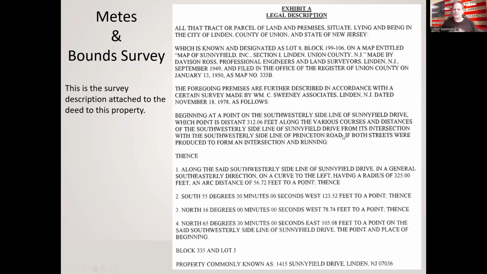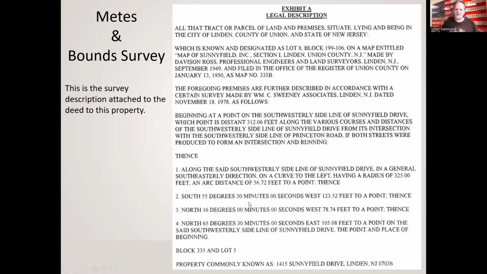So this is a big description just telling you where the point of beginning is, where they're going to start their measurement from on my particular property. So they give this long distance here, long instructions talking about how down the block is where they begin their measurement to get to the point of beginning of my property. So along the said southwesterly line of Sunnyfield Drive in a general southwesterly direction, on a curve to the left, having a radius of, in an arc to a point, the point of beginning,